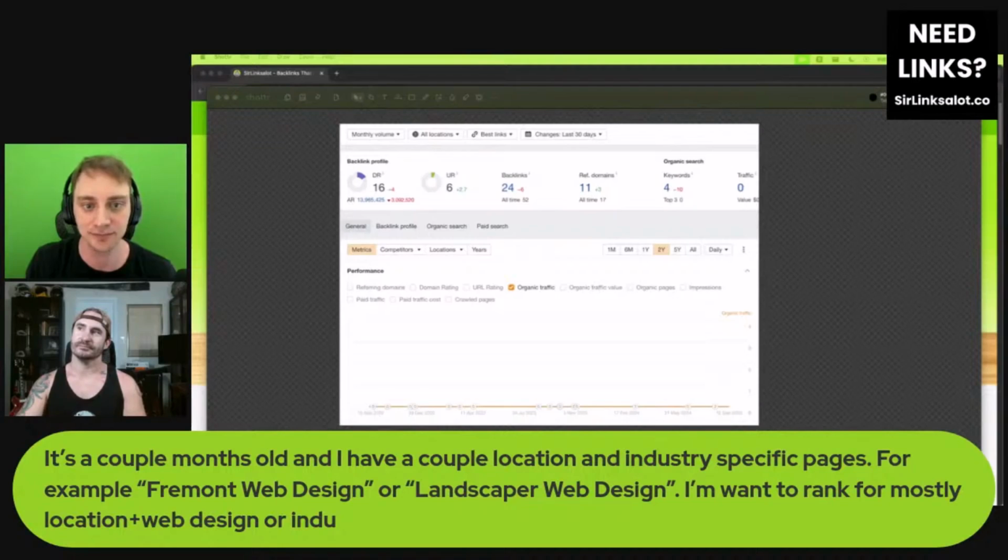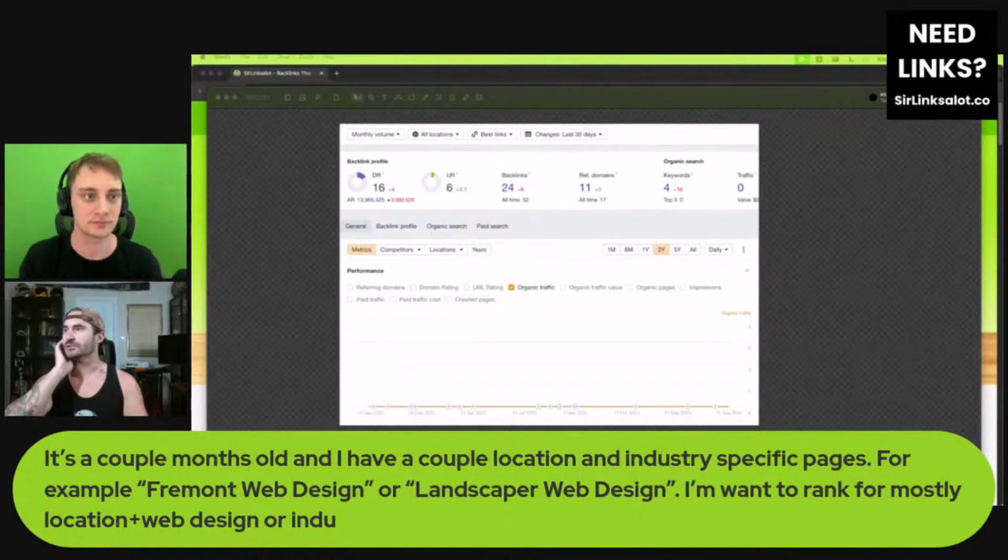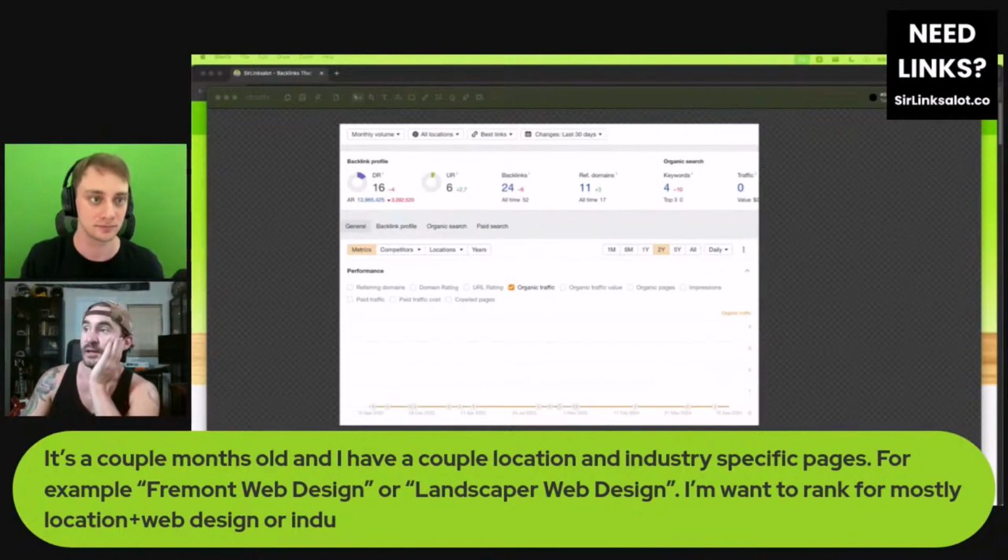Let's see. Website actually looks pretty nice. Yeah. We can start there though, right? There's nothing going on in Ahrefs. We've got 4 keywords, 11 referring domains. Let's just consider it brand spanking new for those of you viewing. So mainly with this, what we're going to be able to do is look at on-page and give